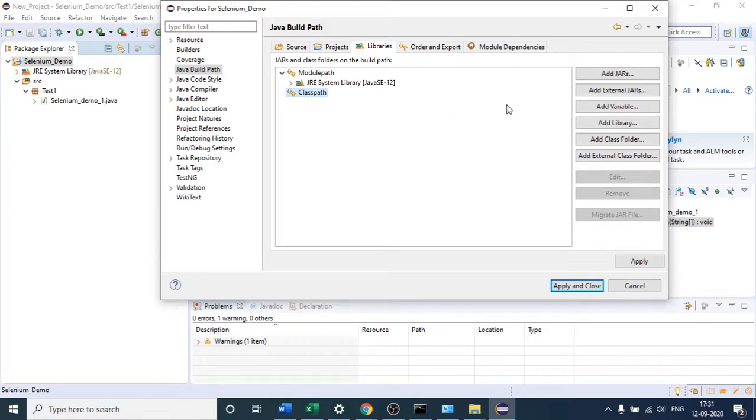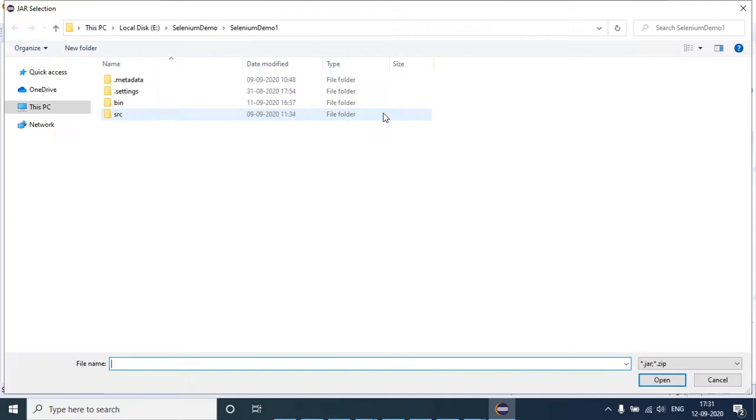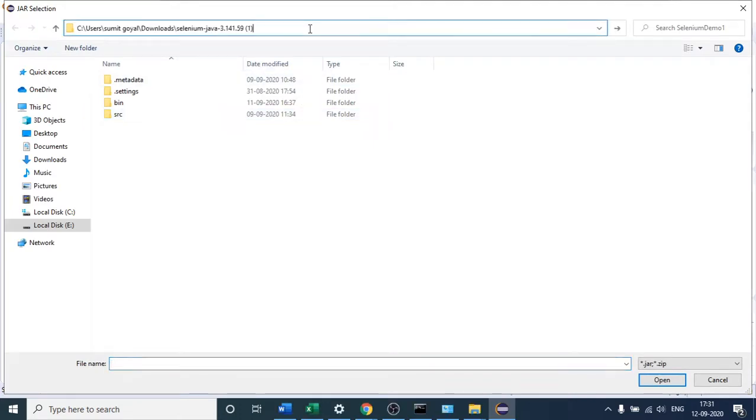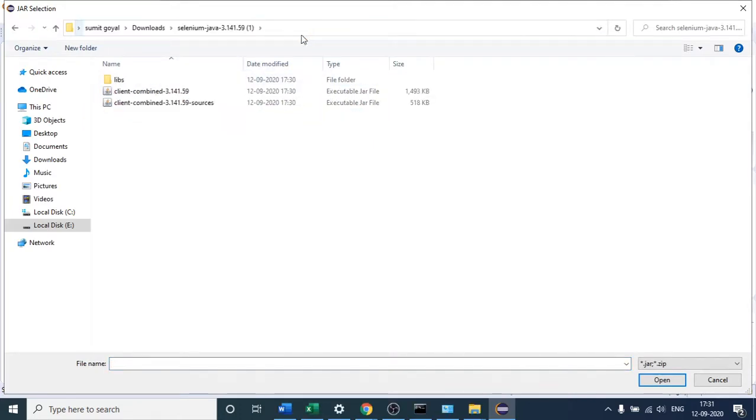As these jar files are located in an external directory, I will just click Add External JARs, because it is in my local system. Then I will provide the path which I have copied, and hit enter. Select both files and just click open.